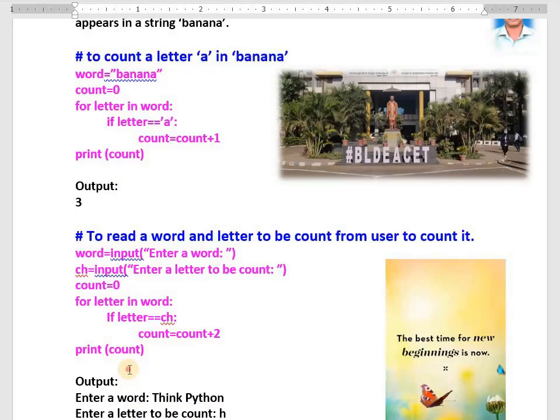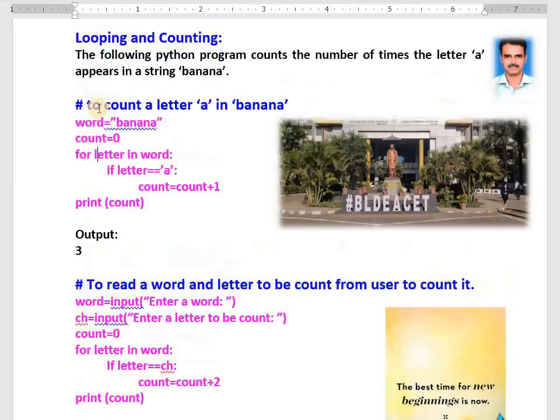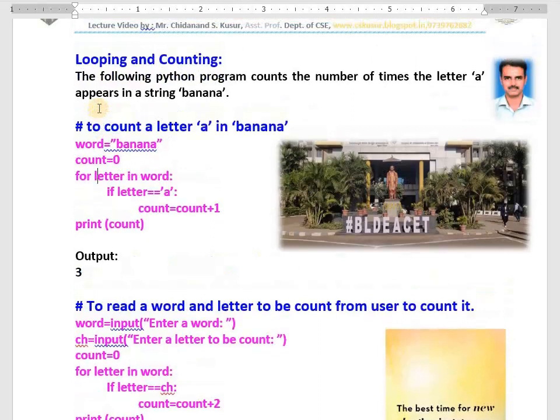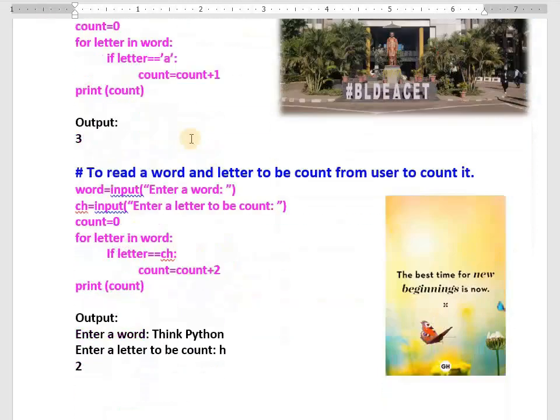First and second programs are both the same. This is generic, this is specific. That is the difference between the first and second. If you get a question on looping and counting, why can't you write both? Sometimes you get a question only on strings. They won't ask specifically this and that. Why can't you explain all these things to get good marks from the evaluator to your marks card?